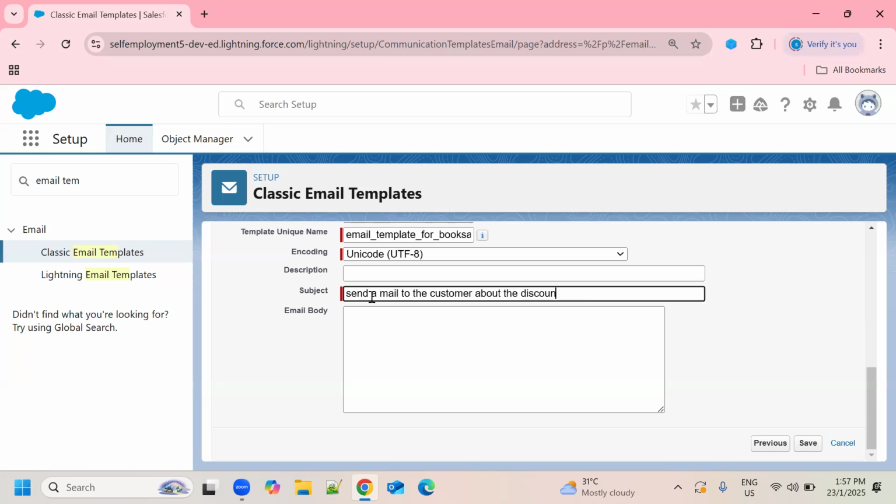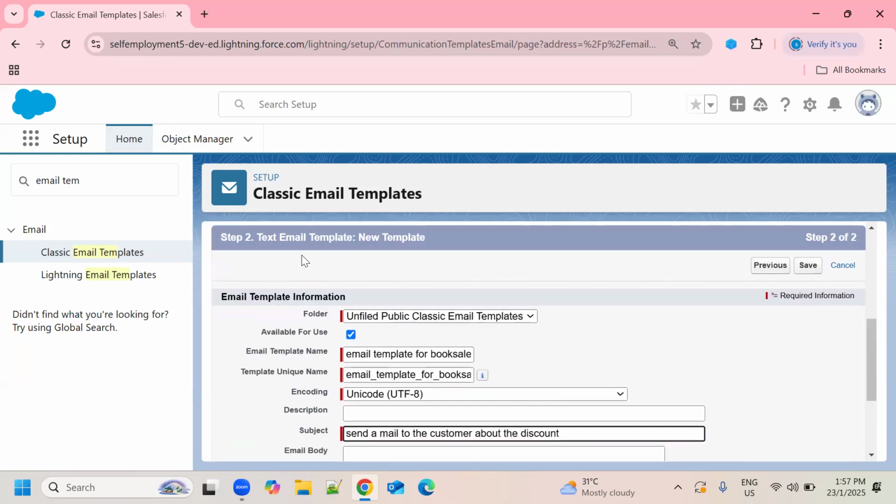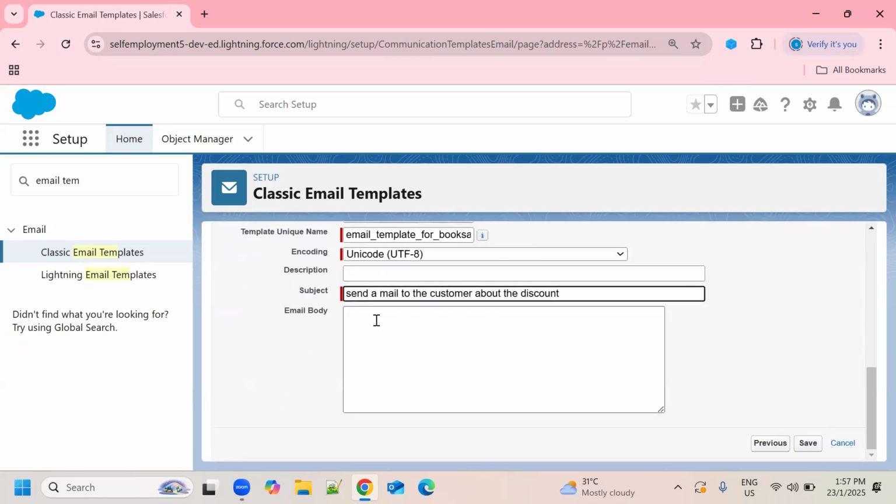So I'm using this template for sending a mail to tell the customer about the discount offer, right? You can give a subject as per your requirement, for whichever purpose you are going to create this email template, right?